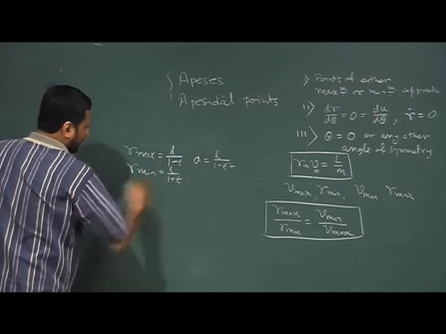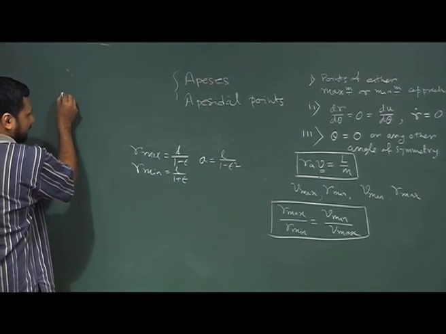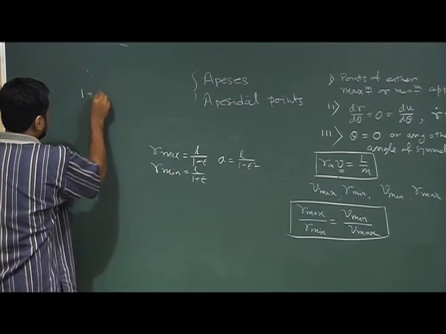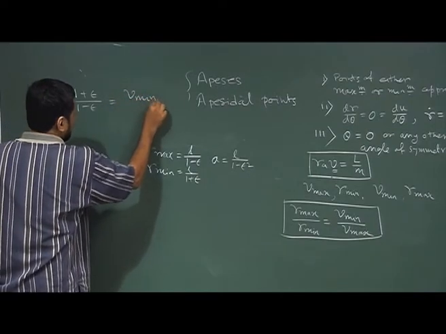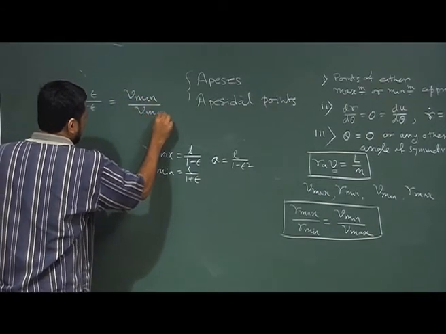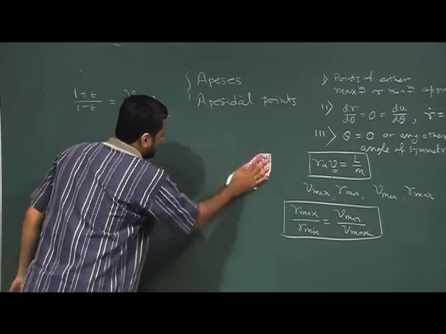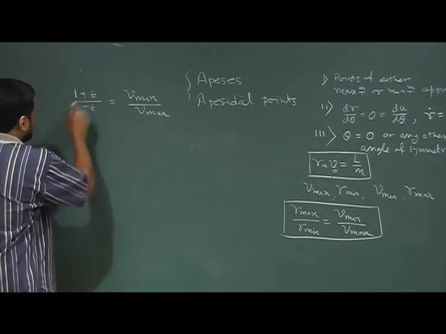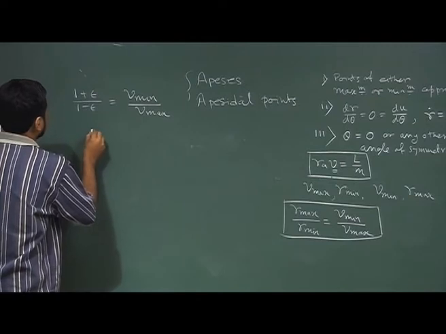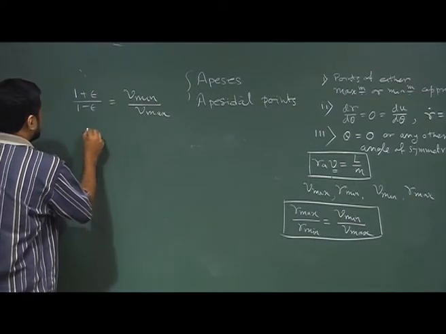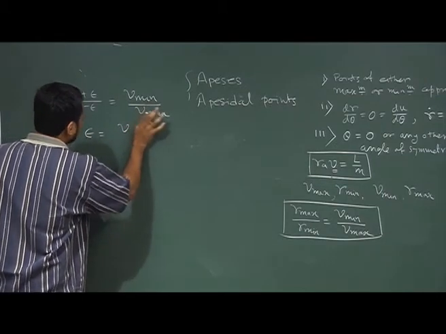If we put this into this equation, we get (1 plus epsilon) by (1 minus epsilon) equal to v_min by v_max. Now, if you start adding and subtracting the numerator and denominator, or basically you have to first do the subtraction, we immediately see that epsilon equals